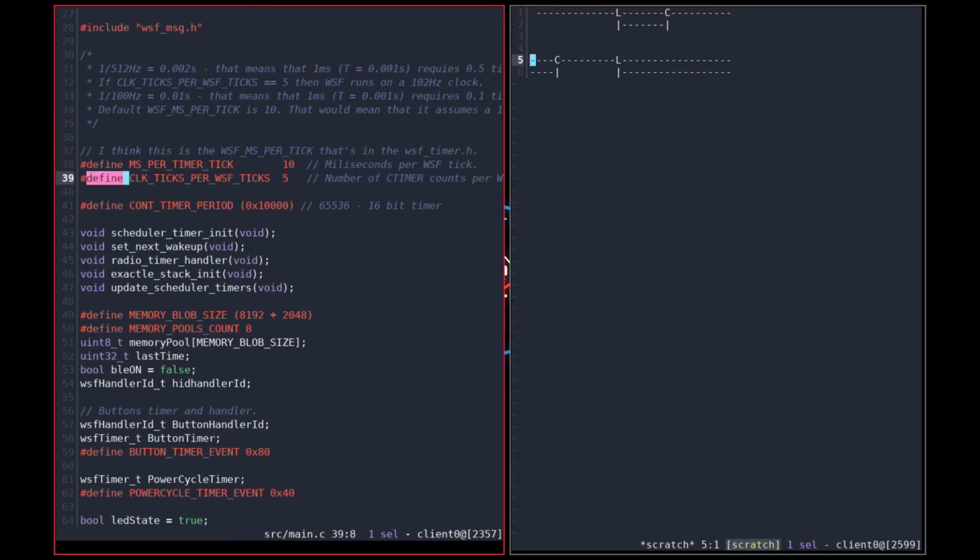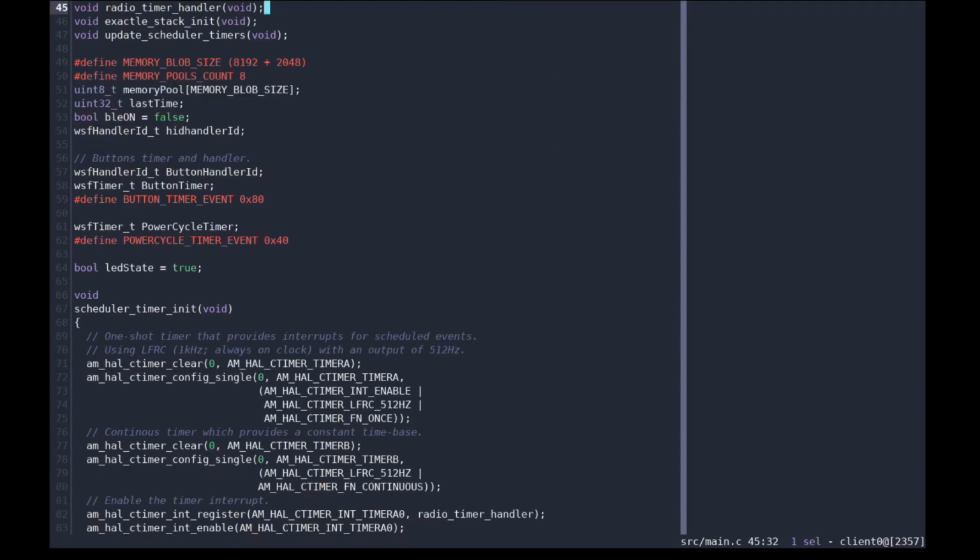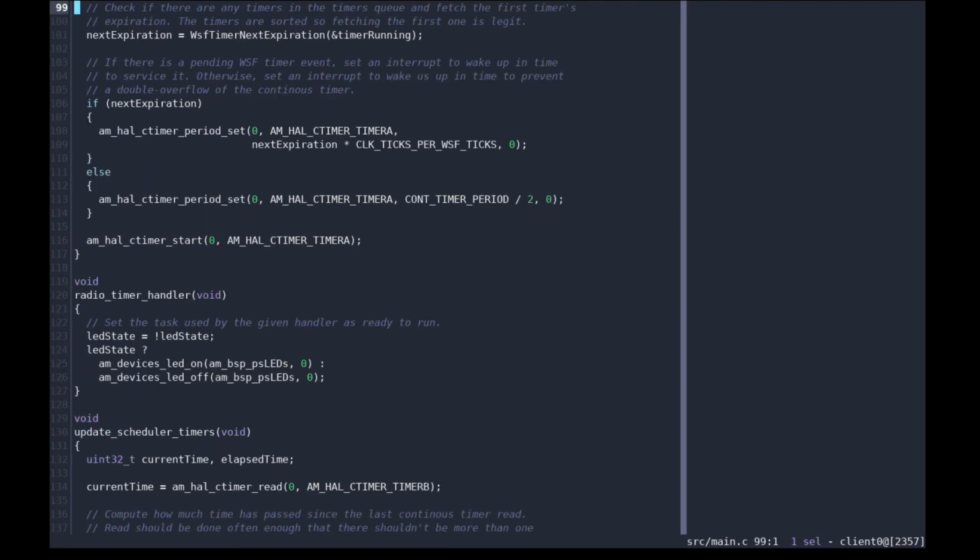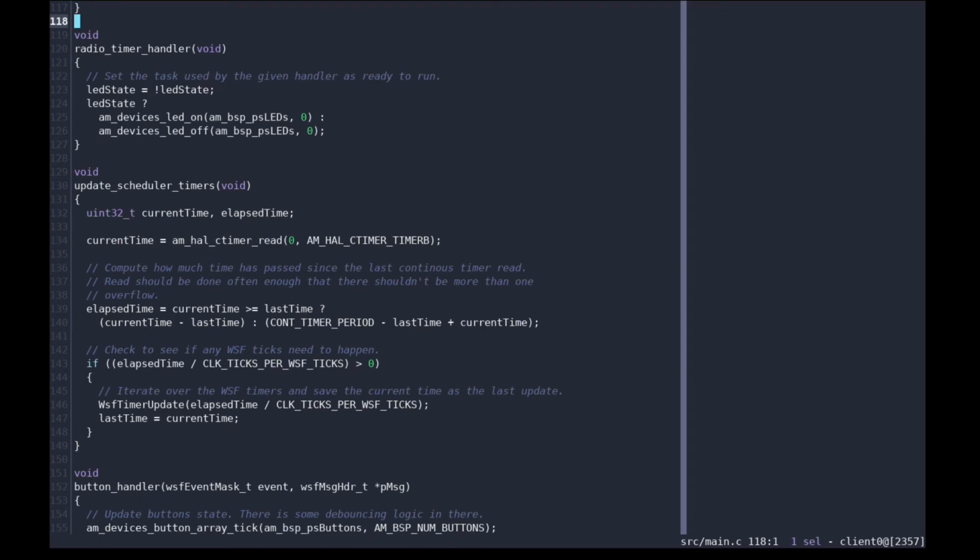So again, this number is divided by 5. So if we go back there, where was that? Here. If we divide that elapsed time, so those ticks, over this one, if there's something left,